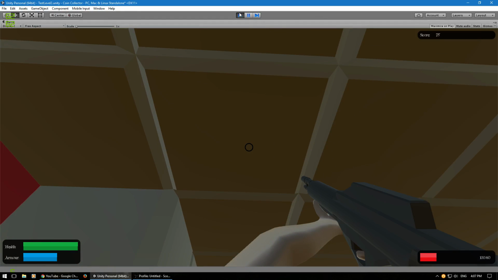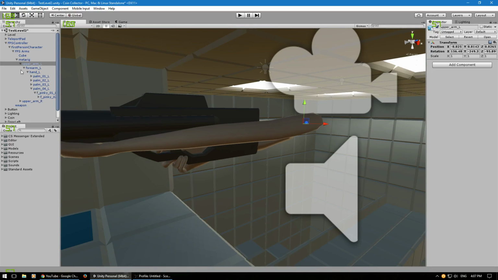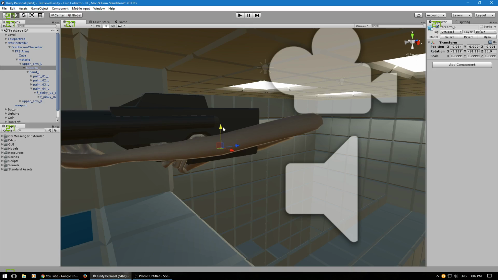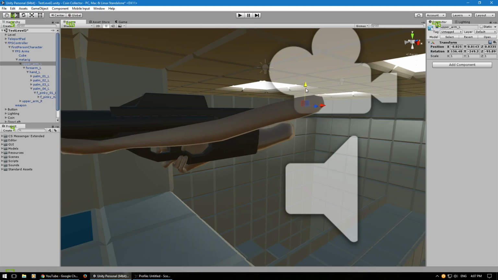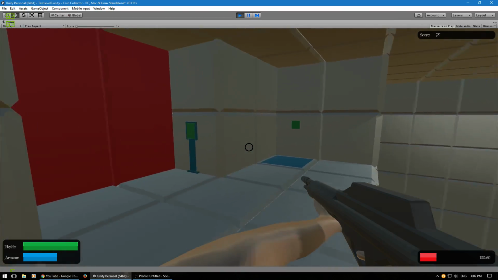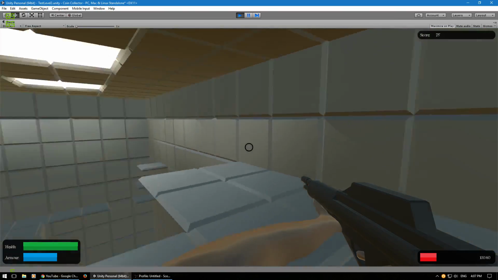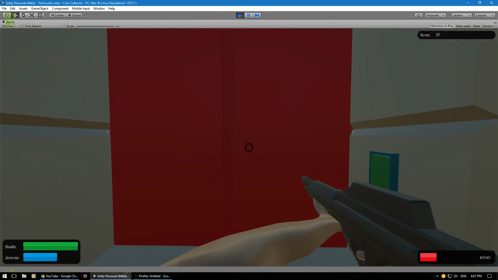Kind of looks alright if I was to lower this part of the arm a bit, and then grab this and raise it up. And click play. There you go. And I've got my arms on. That took longer than I thought it was going to. Got no shooting, got nothing in there at the moment, but I have got